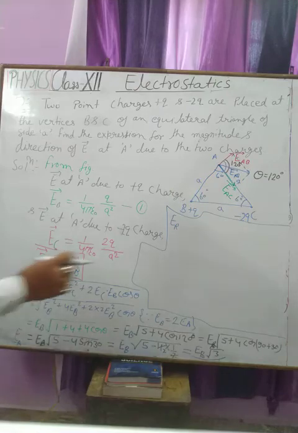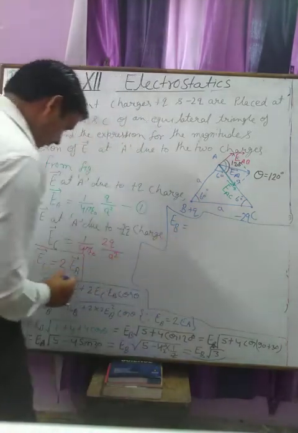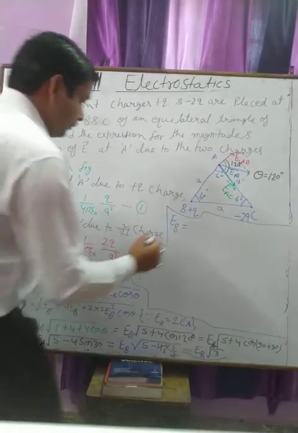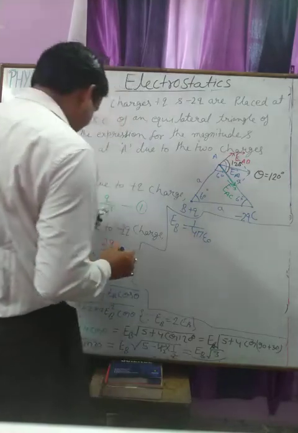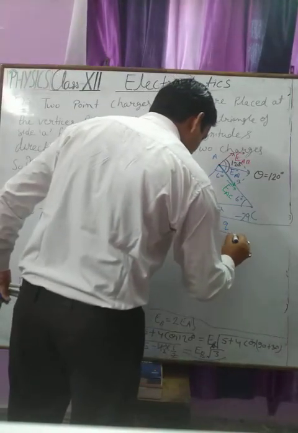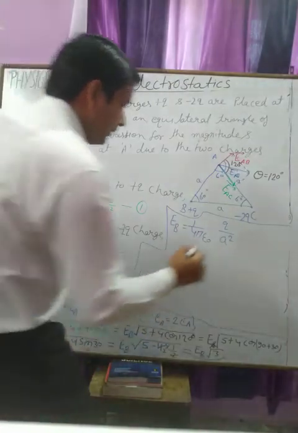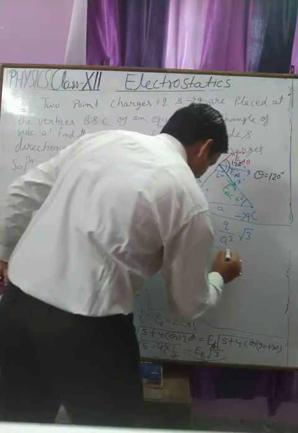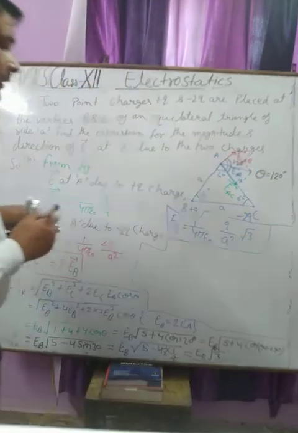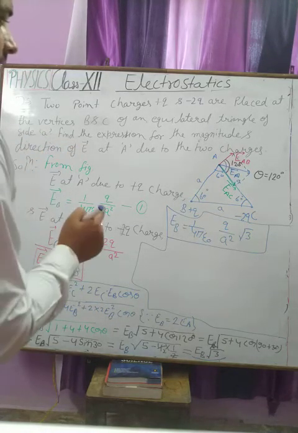The value of electric field B is 1 upon 4 pi epsilon naught Q upon A square, and we have this value root 3. This is the required expression for the electric field at point A due to the two charges,